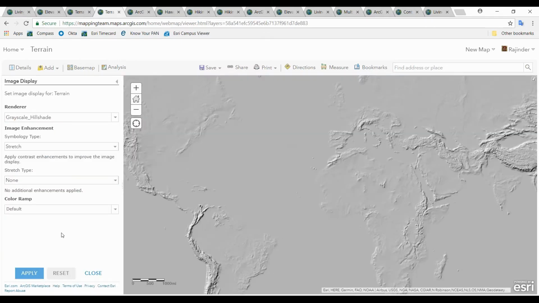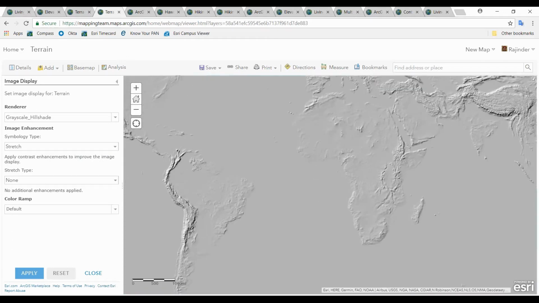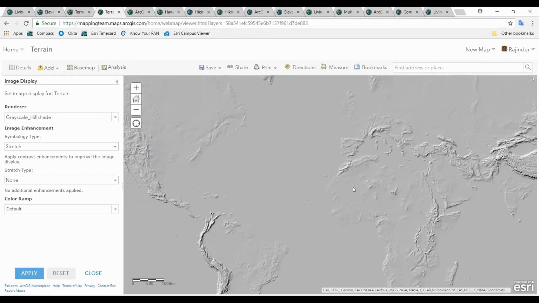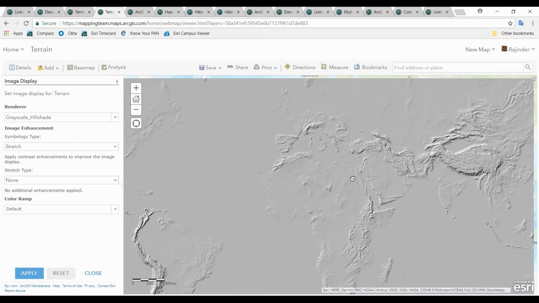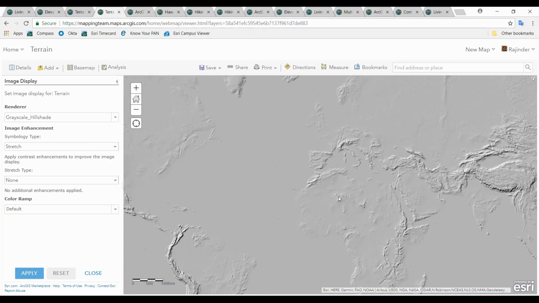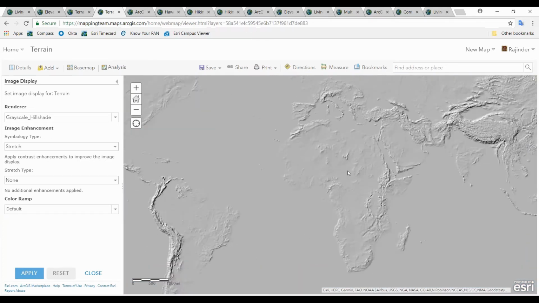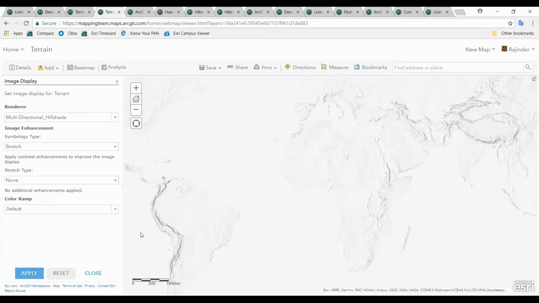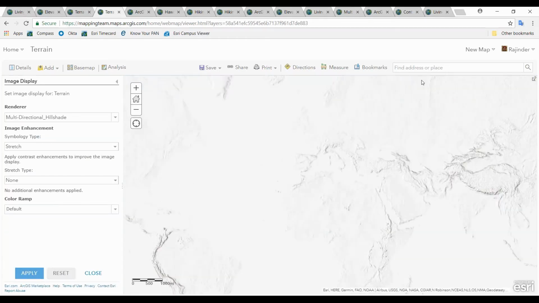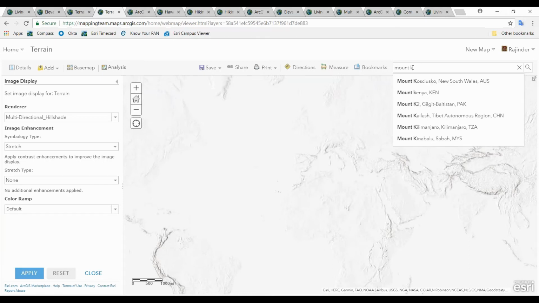So if I click one of these and apply, this is now applying hillshade on the raw elevation values. This is not pre-generated, it is a dynamic hillshade, which means every time you pan or zoom, a request is sent to the server, which processes the hillshade and returns the results for your area. Okay, so I can quickly change to anything else. For example, here I'm changing to multi-directional hillshade,